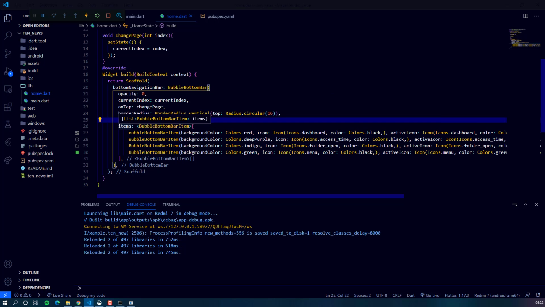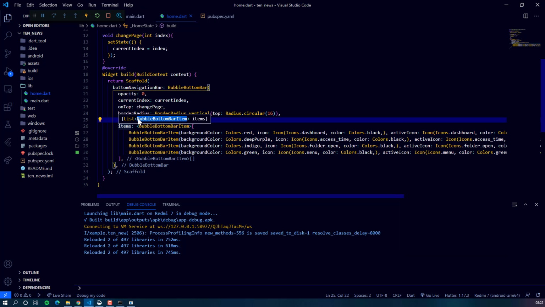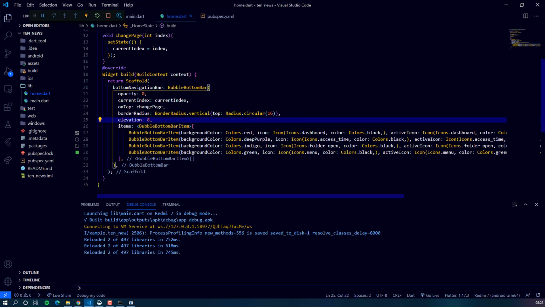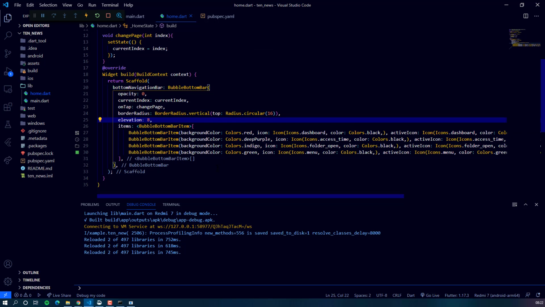Now this items list contains all the icons that are going to be displayed here. The items list requires a list of BubbleBottomBarItem. The default colors given to these items are red, purple, indigo, green, etc. But what we need is black to be present everywhere. So let's replace these colors with black.